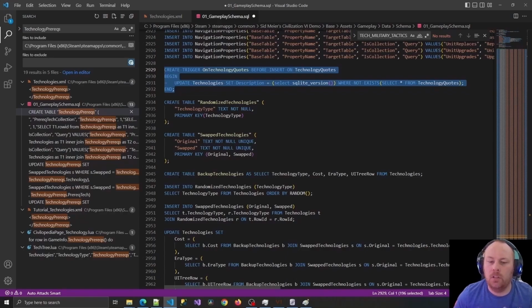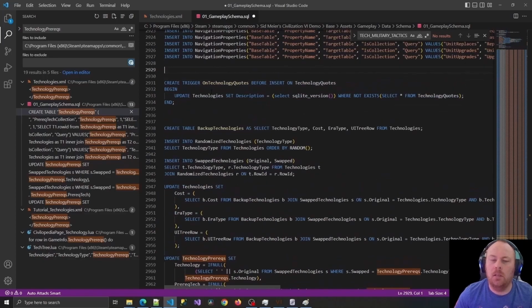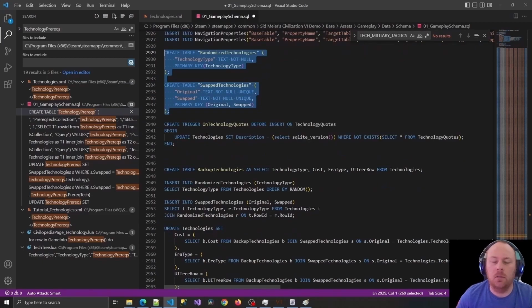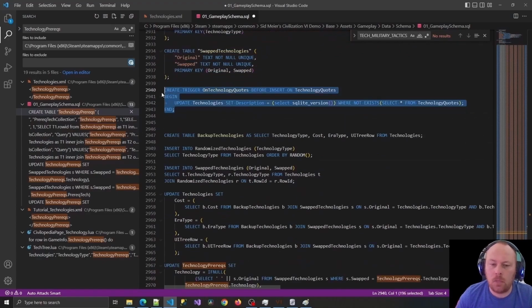So first of all, the tables that I'm creating can be above the trigger so that they get created before any records get inserted. I want those tables to get created because I'll get an exception if I try to use these tables and they don't exist yet. And then we already decided that this technology trigger would be a good place to write all of our code. And we had this where clause and this before insert to say basically only run this update statement one time,